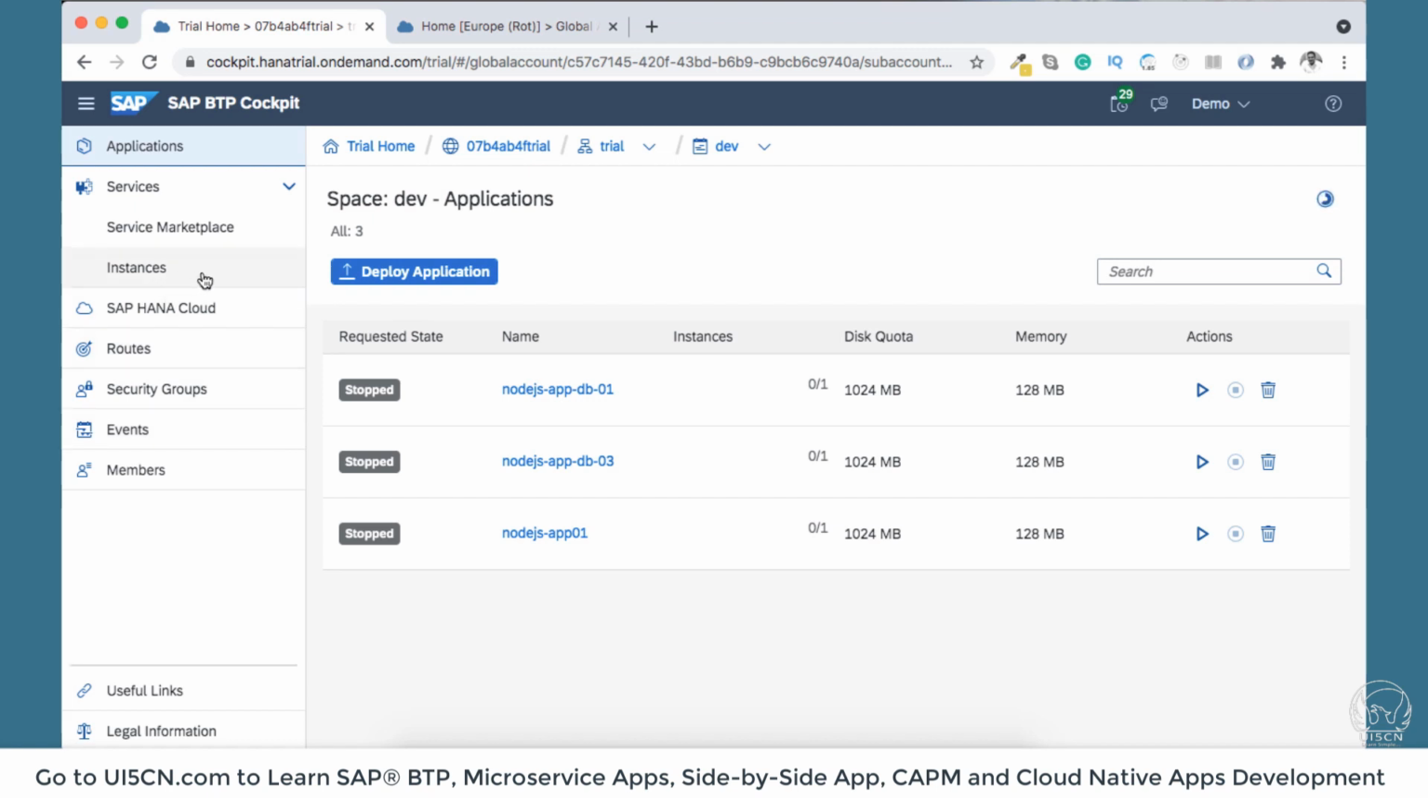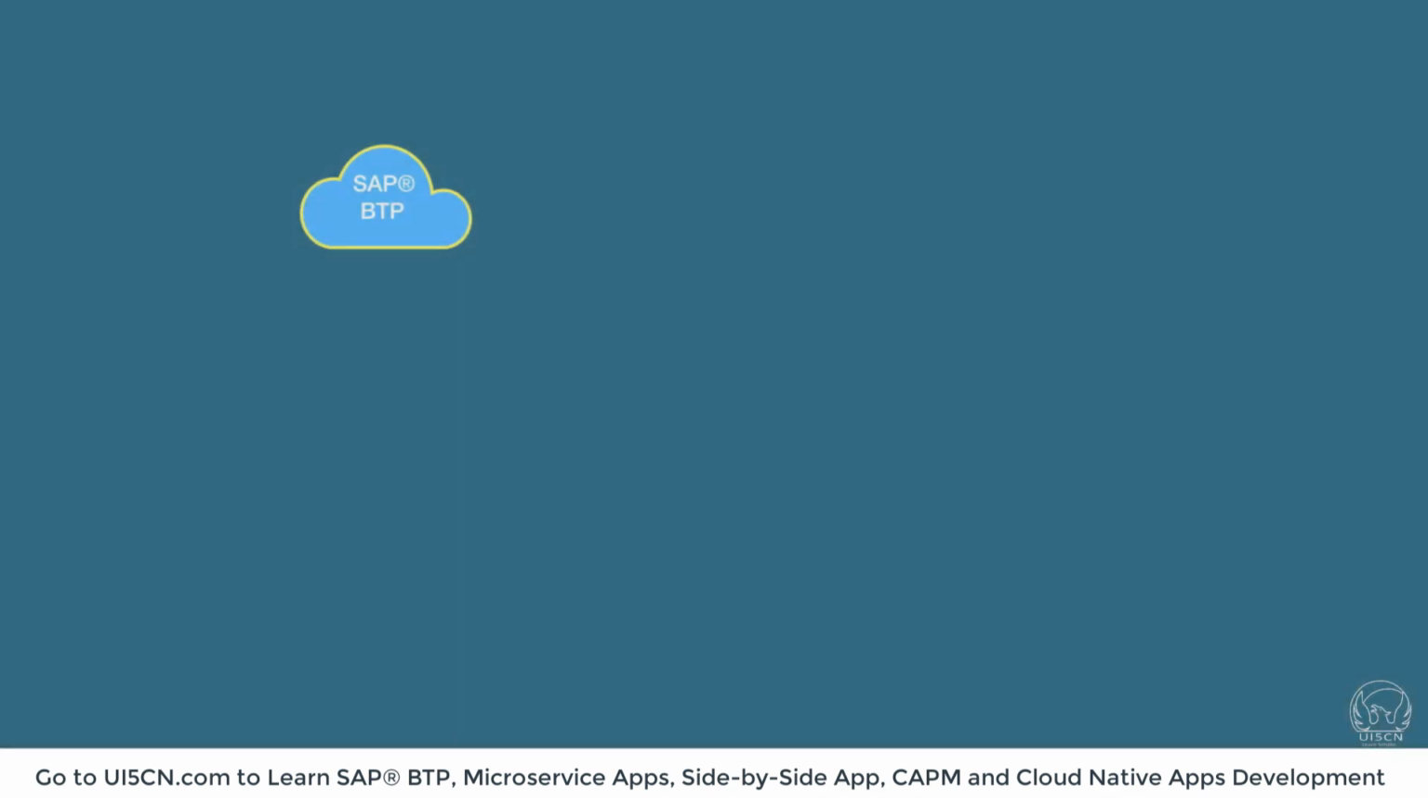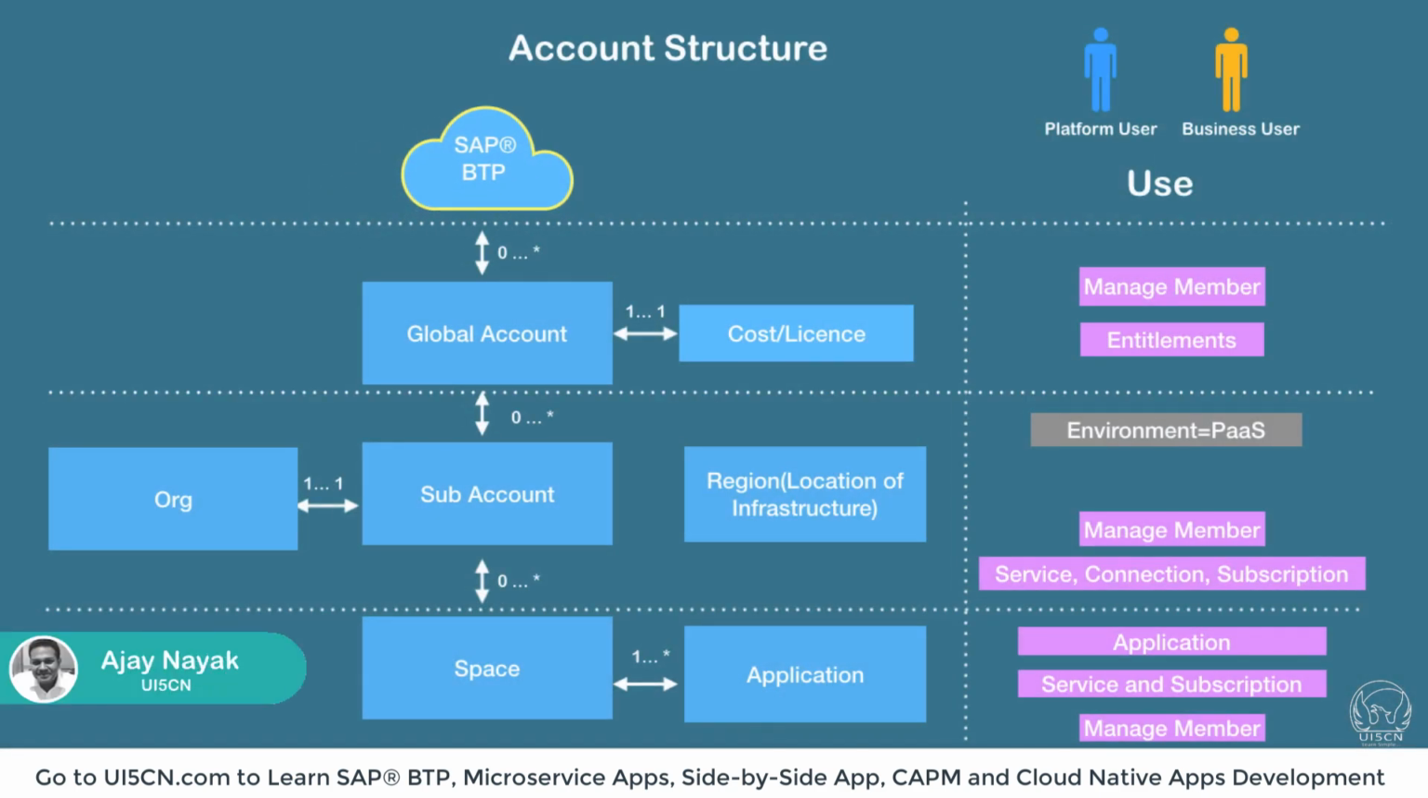Like you can create instances, you can have security groups, create members or add members, add routes. So these are different features. So this is how the accounts are actually provided to you in SAP BTP. Now let's first try to understand it in theory, because there is a lot of information here which can confuse you. So when we talk about the account structure, we just saw a sample SAP BTP account, and